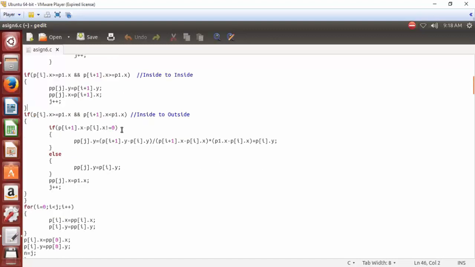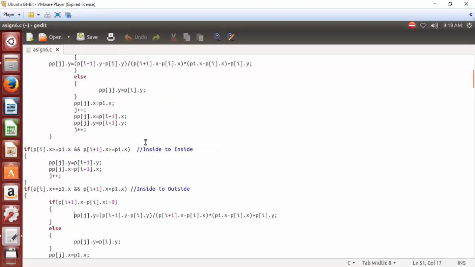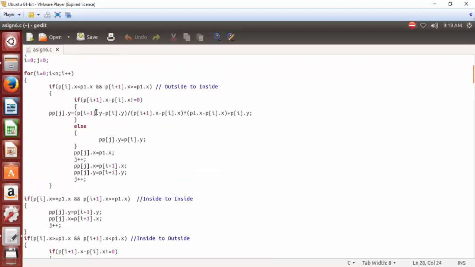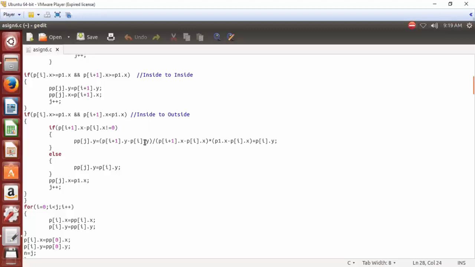Next we have inside to outside. Here we only bother about the one vertex that came across the clipper, so we calculate only 1 point. Again, if the difference of x is not equal to 0, we have to calculate the y point with the same formula as in outside to inside.